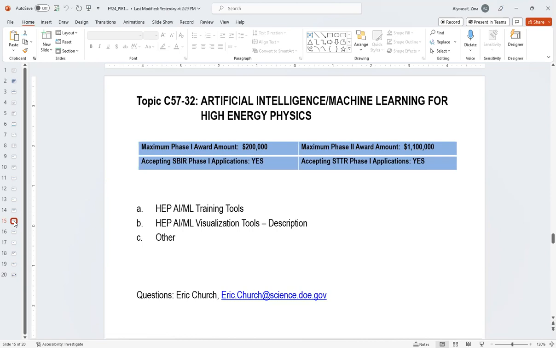And topic 32B, AI/ML visualization tools. Development of software tools to improve visualization of scientific information natively integrated with both AI/ML and HEP software libraries. So applications submitted to this topic should focus on the ability to generate scientific publication quality plots of widely varying types of data and their associated uncertainties using a straightforward user interface, or developing visualization techniques to identify and display anomalous outcomes when comparing to reference data.